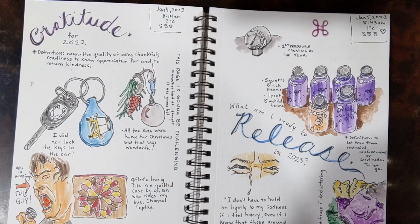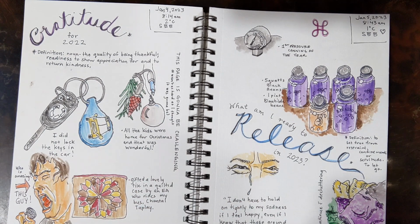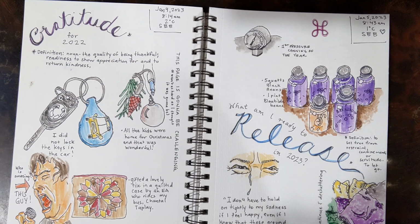So what am I grateful for? One of the things that's hard is to sit there every day with a blank page. What am I going to put on this page today? Sometimes every day is the same kind of day, especially when you're someone who likes routine as much as I do. So I decided to do part of a dreaming for the year